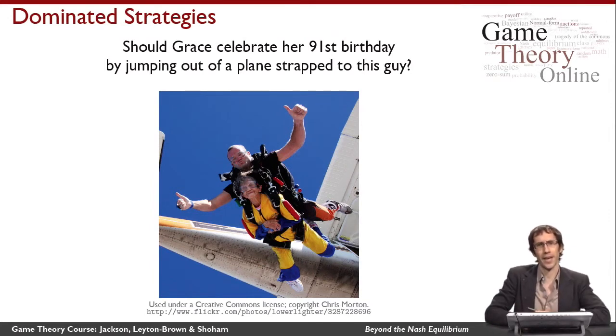Well, if she looked at the payoffs of the game, she would see that this guy, let's call him Bruce, had an action of not packing the parachute safely that was very bad, not only for Grace, but also for himself. In fact, it was a dominated strategy. And knowing that he's rational, Grace reasoned that he would never play a dominated strategy. So she was able to change the game by removing this dominated strategy, and reason that she only had to care about the remainder of the game in which his dominated strategies didn't exist. This is the idea of iterated removal of dominated strategies, which you'll hear about more formally later.